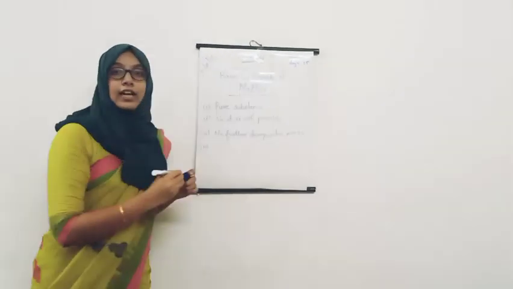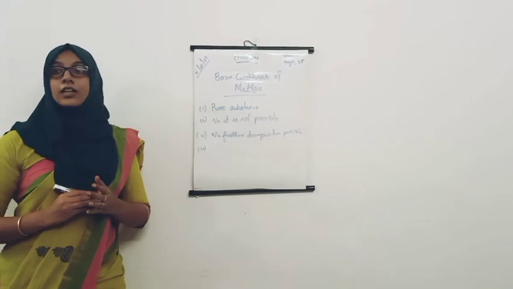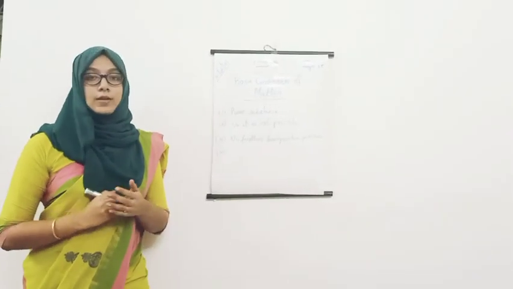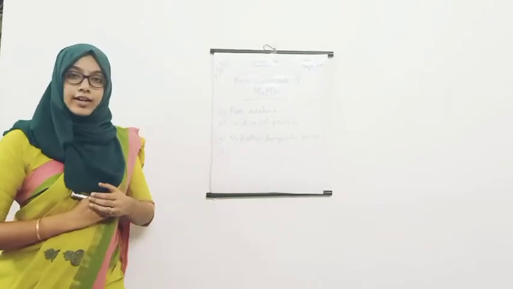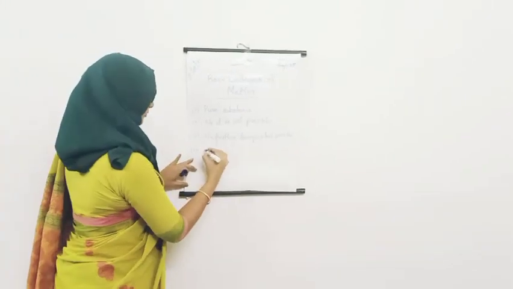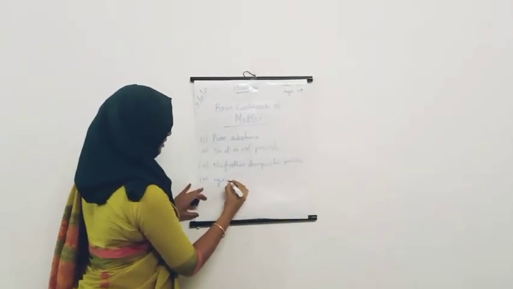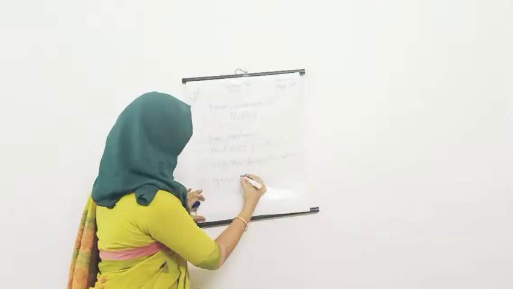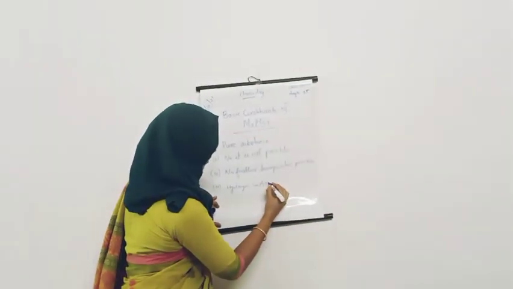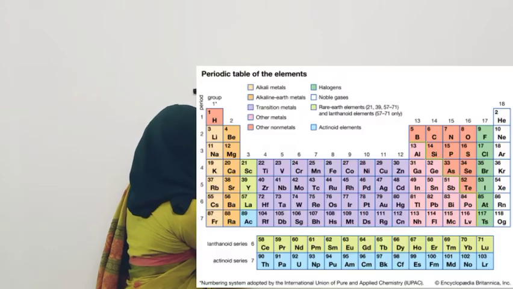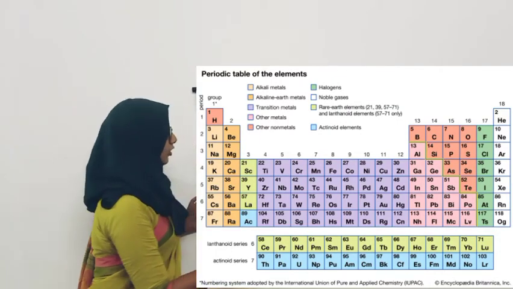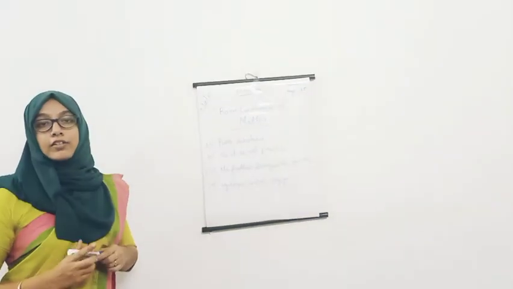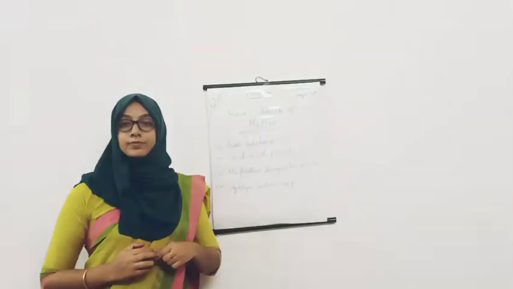Okay, now we are clear that these substances are pure substances. Write some examples that you know as pure substances. Okay, what did you write? Yes, hydrogen. Hydrogen is a pure substance and it is also an element. Then what did you write? Carbon. Very good. Oxygen. Very good. I think all of you are familiar with these pure substances and these can be found in our periodic table.